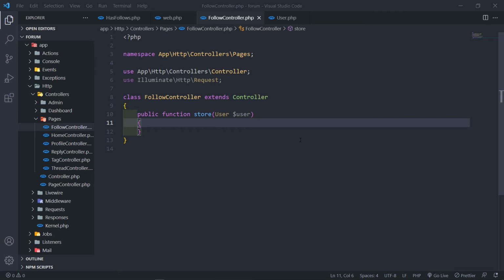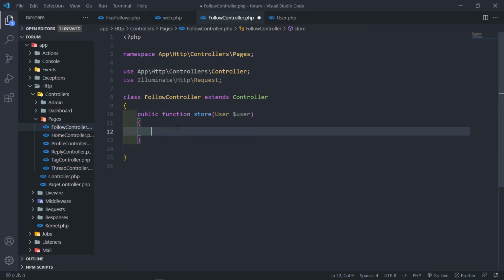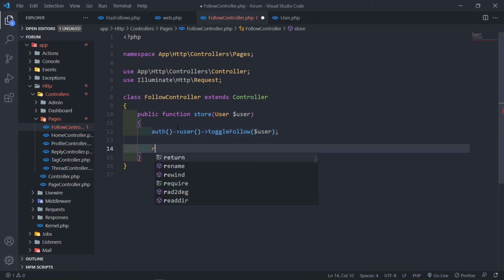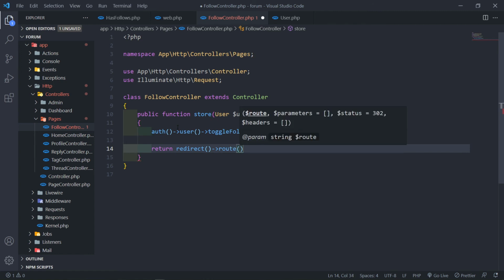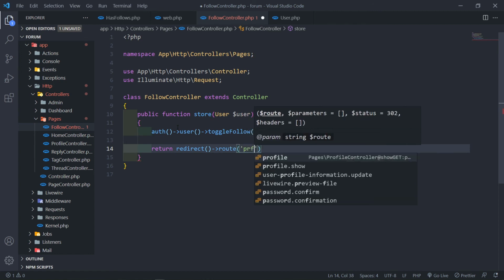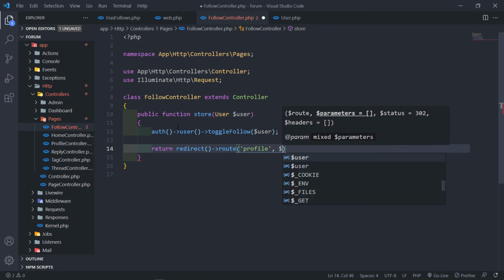All right, so back in our code editor right here, we're basically going to get the authenticated user, whoever is authenticated. Then we're going to get to the user, and we're going to create a method inside our trait called toggleFollow. Then we're just going to pass in the user parameter like this. And then we're going to return redirect to a route, and the route will basically be the profile route that we created. Then we're going to pass in there the user